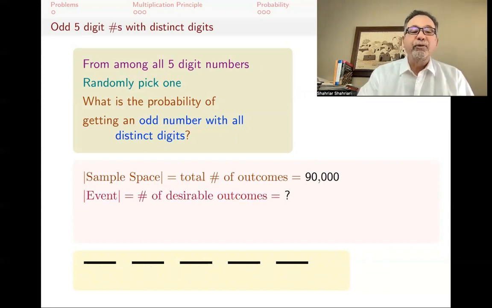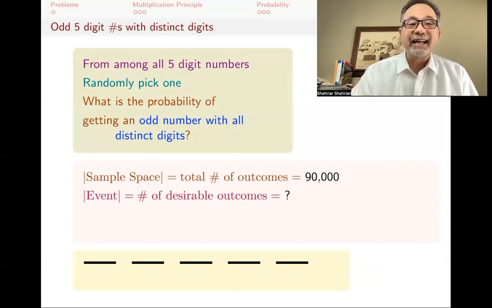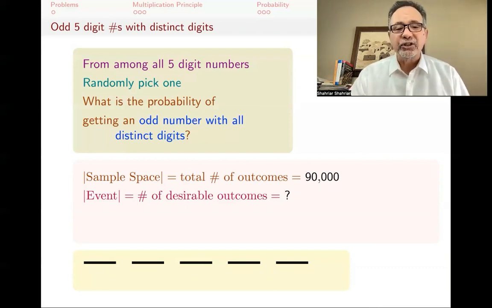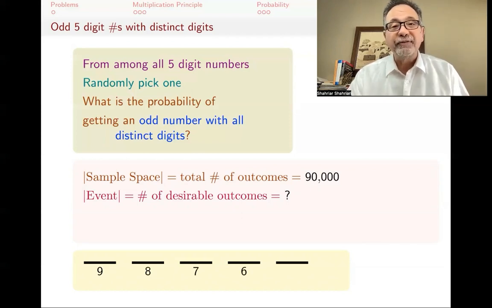But what about the event? What are the number of desirable outcomes? What is the size of the event? So how many 5-digit odd numbers with all distinct digits? You might say that maybe I have 9 choices there. For the next one, I can't use whatever I used before, so I have 8 choices. For the one after that, I have 7 choices. For the one after that, I have 6 choices,